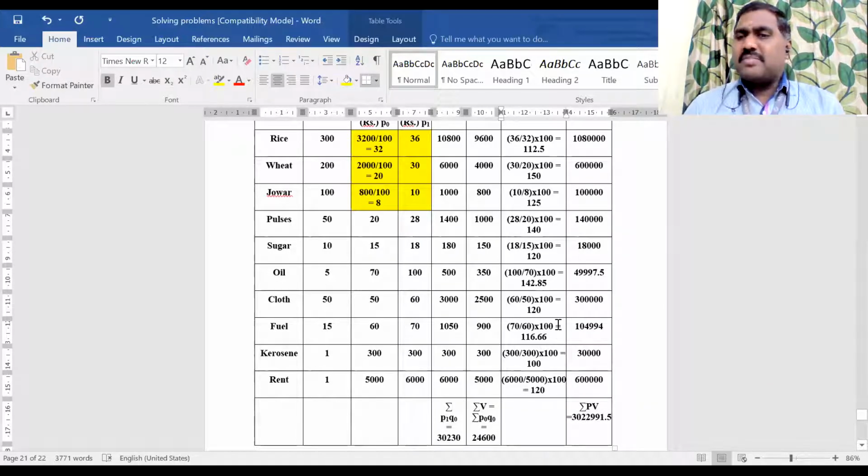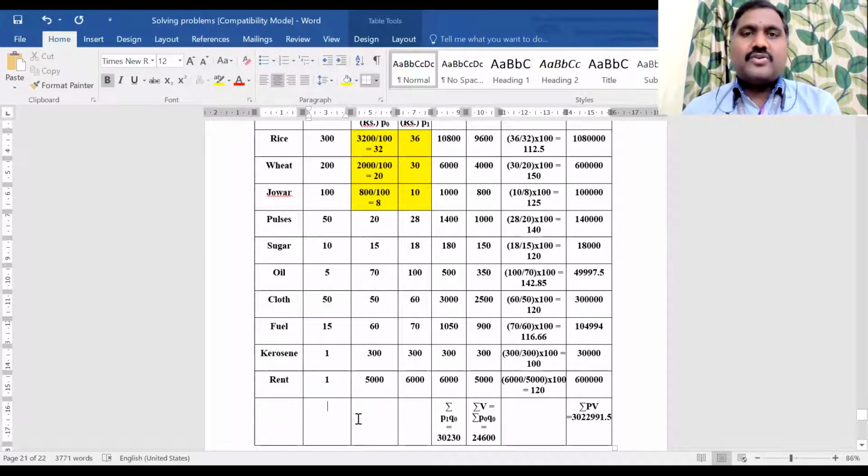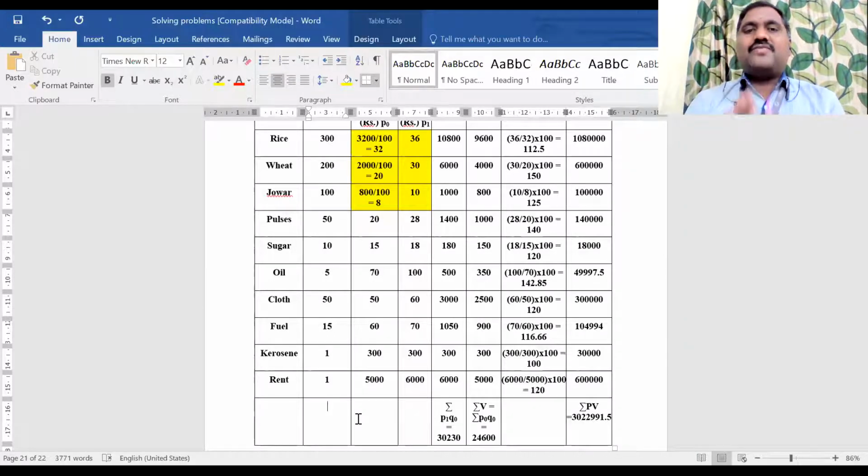We don't need to calculate summation P because we are not going to use summation P anywhere in the formula. That's why we didn't calculate it. Suppose instead of quantity, some problem gives you weight. That means you can calculate summation W. If W is given, then instead of PV, you can calculate PW. No problem. So you get summation PW divided by summation W. That's why I told you, according to the given values, you need to find out which formula you can use.